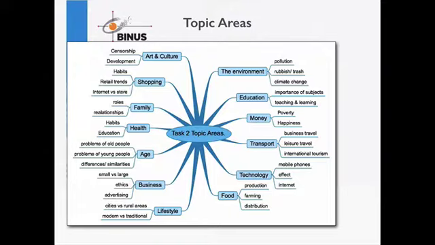The environment, education, money, transport, technology, food, lifestyle, business, age, health, family, shopping, art and culture are just some possible